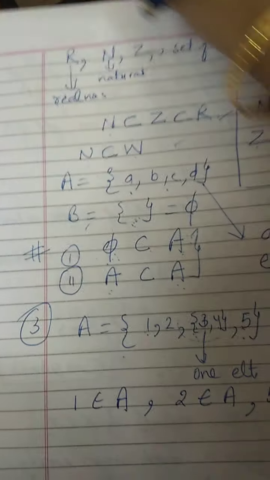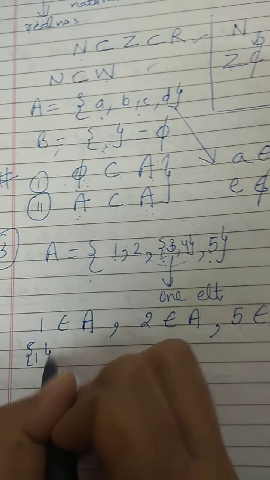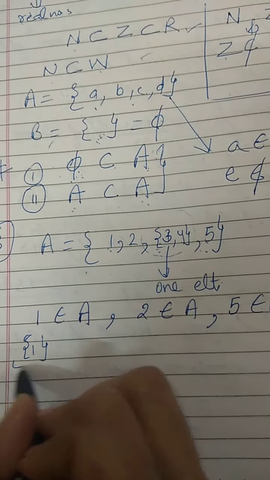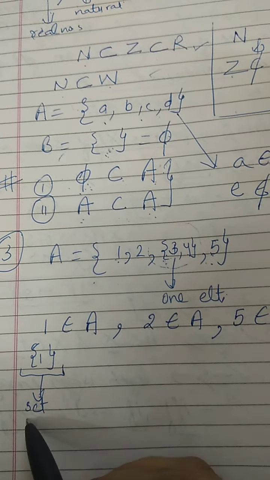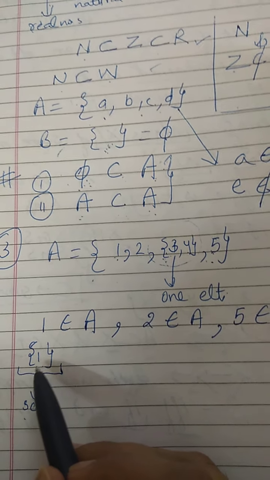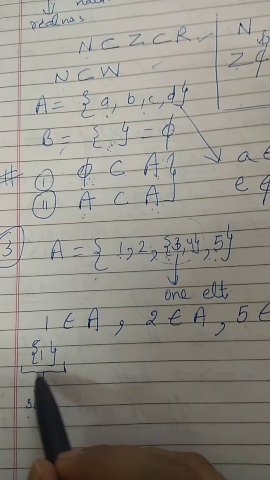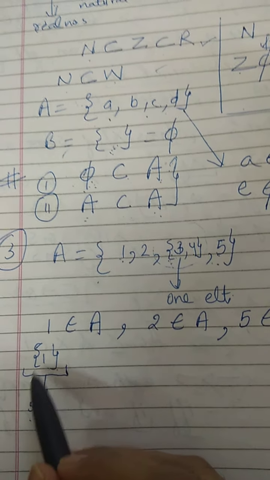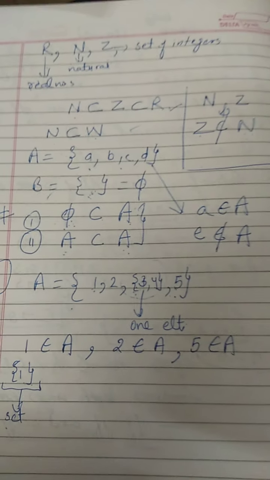And now if I write down this element 1 within curly braces, what is this? It has become a set. Definitely this set has only one element. So the set which contains only one element will be called a singleton set, right? You can write down the definition in the register. It's a small thing, just one sentence.